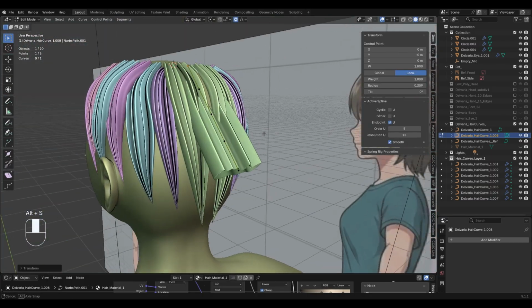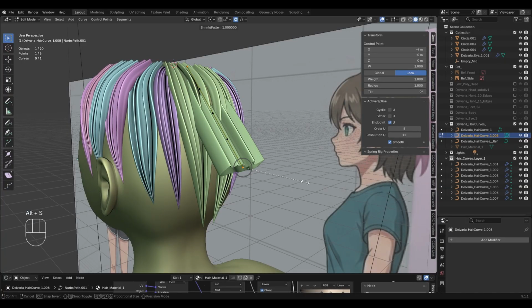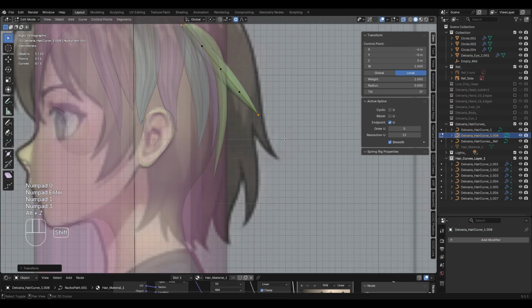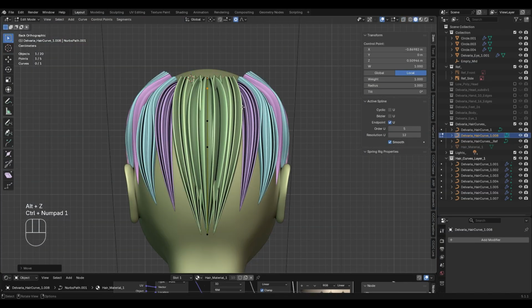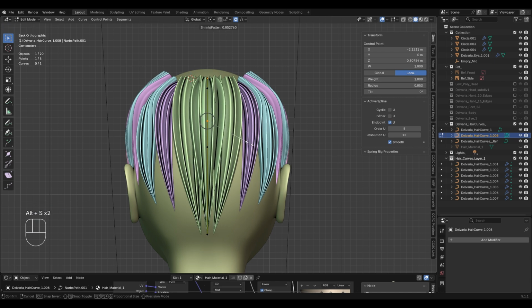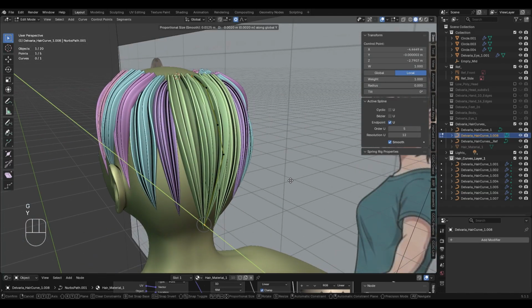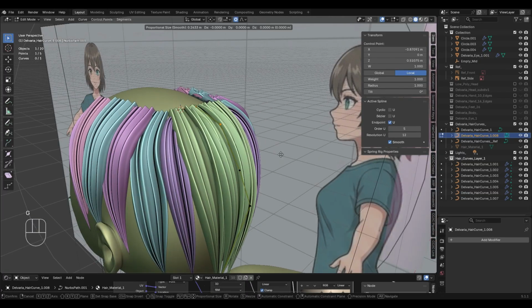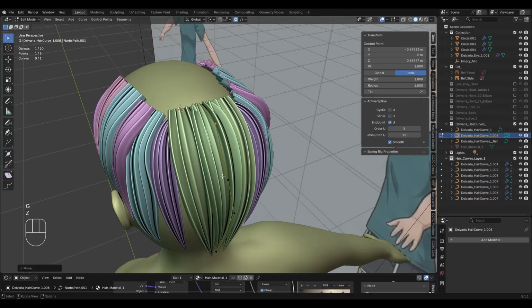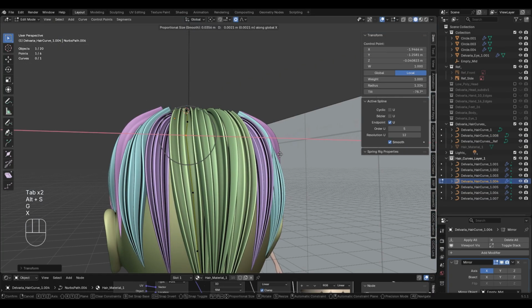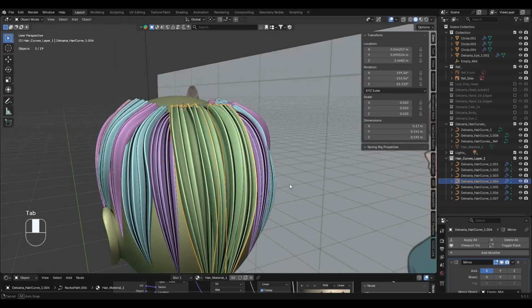Let's scale that down. Let's Alt S 0 and just make sure to drag it till roughly here. Then we can pick that up. We can pick this one and just scale with Alt S. You can see the keys here, right? And we'll drag this on the Y a bit, till roughly here, that's fine. As well, let's see, maybe we'll decrease this one, scale down this one. This way we can,